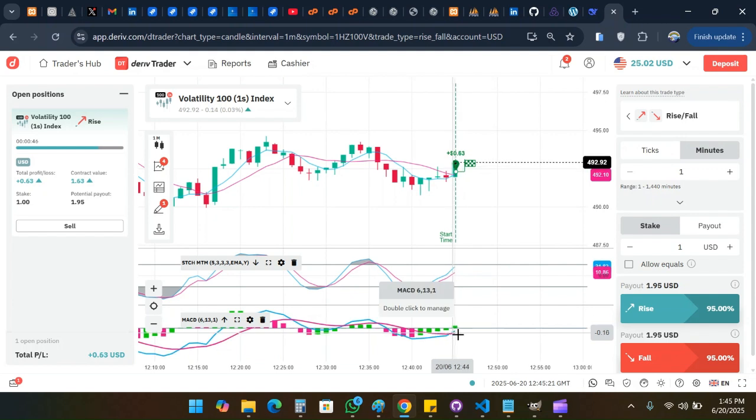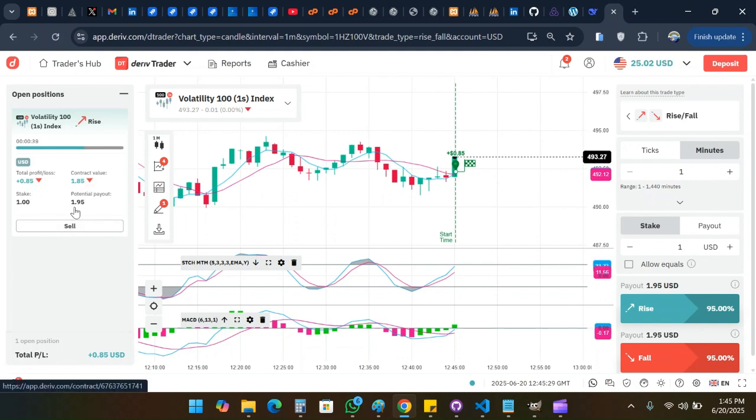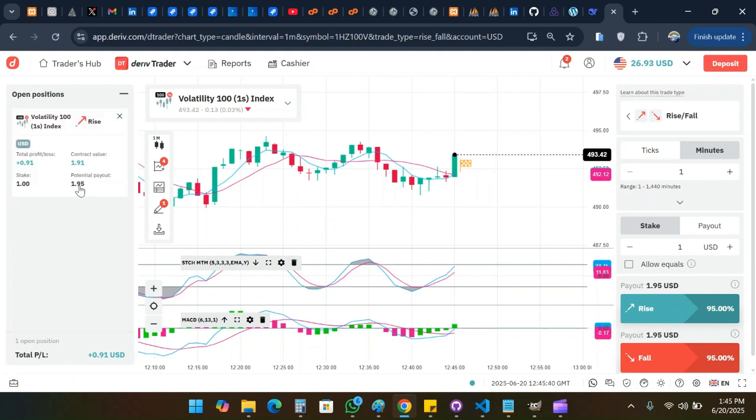You see the crossing here now. The blue line has crossed above. So just enter early. Look at that big movement. That is just it. And if you look at it, it has already given us its own profit. Our total profit is 95 cents that we are waiting for, and we've already gotten almost 91. So you can just exit at 91, waiting for 0.4 cents.